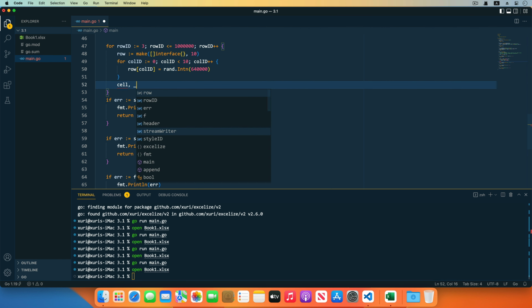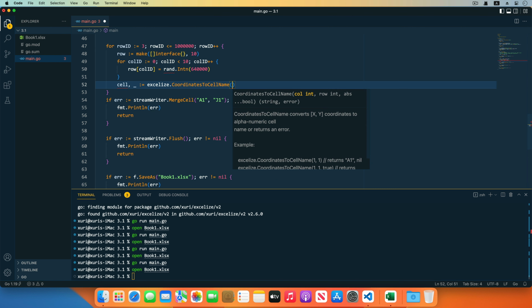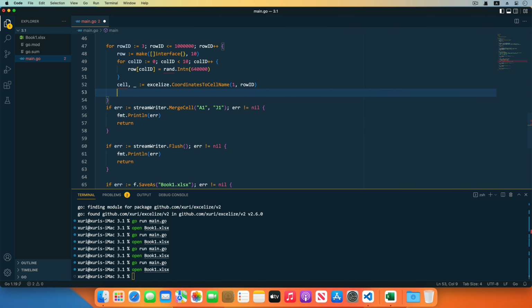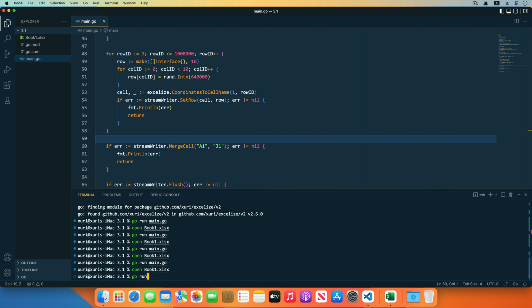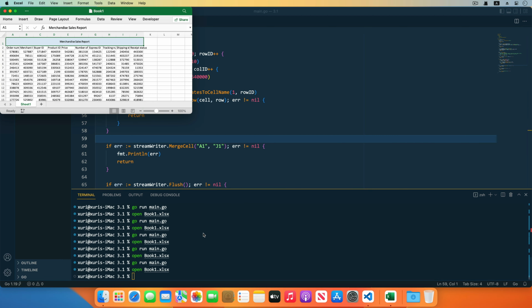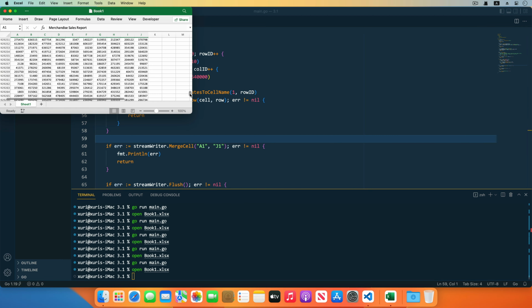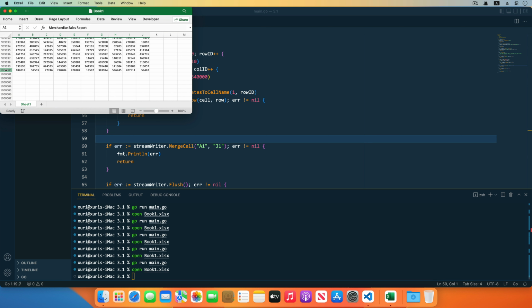Then get the start cell coordinates of each row by the CoordinatesToCellName function. Write the cell values of each row into the worksheet by the SetRow function in the for loop, receiving and checking the error. Save the code and run the program. Open the generated workbook. 1 million rows have been written into the worksheet.